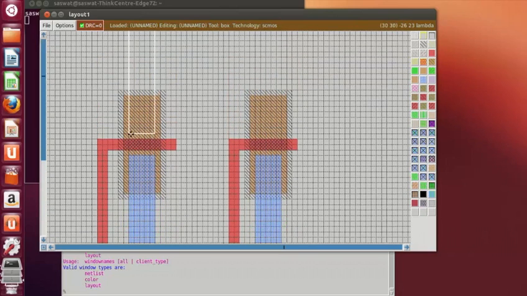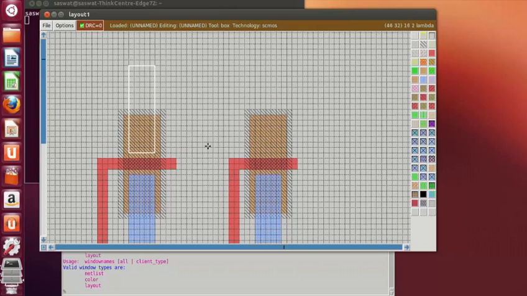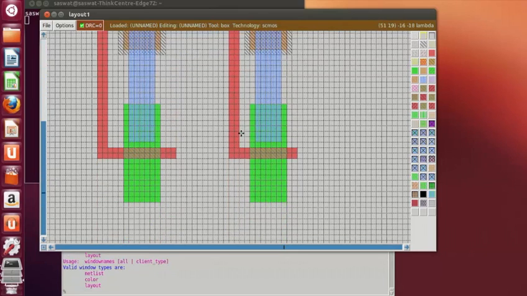Then we have the VDD and ground. So select the area and then middle click on M1. Similarly over here, middle click on M1. So these two, they are connected to VDD. So select the area, 2, 3, 4, 5, 5 width, and then middle click on M1. So these two are shorted. Similarly over here,